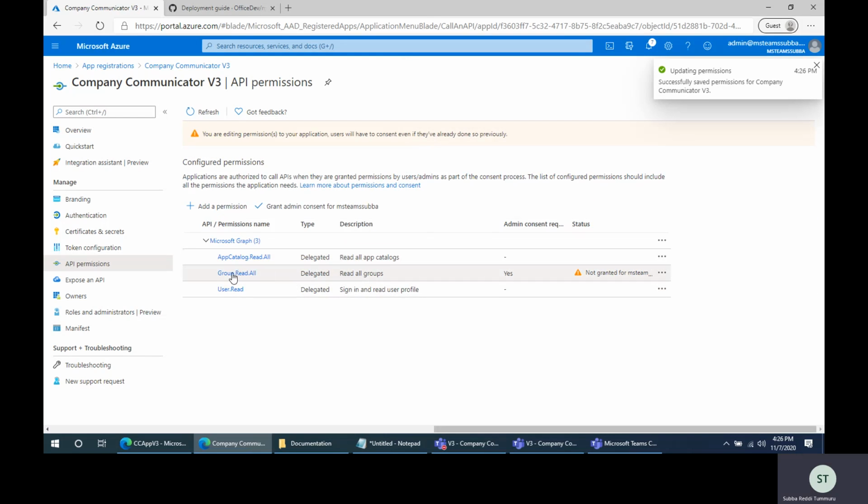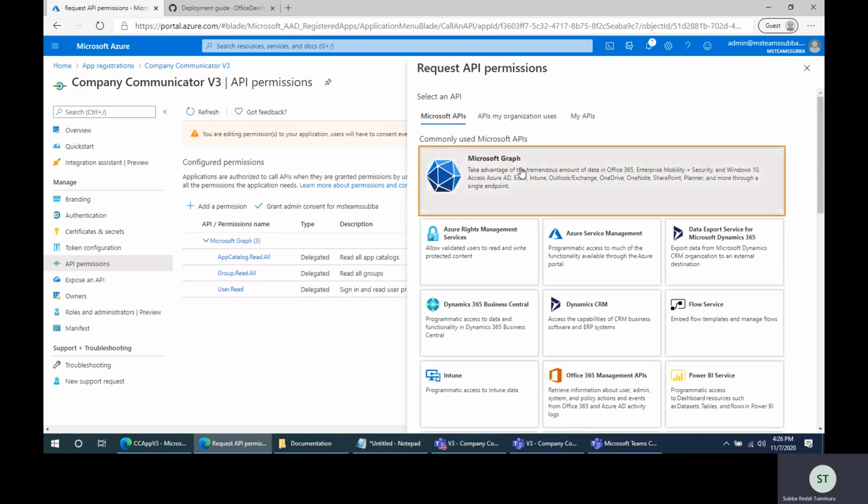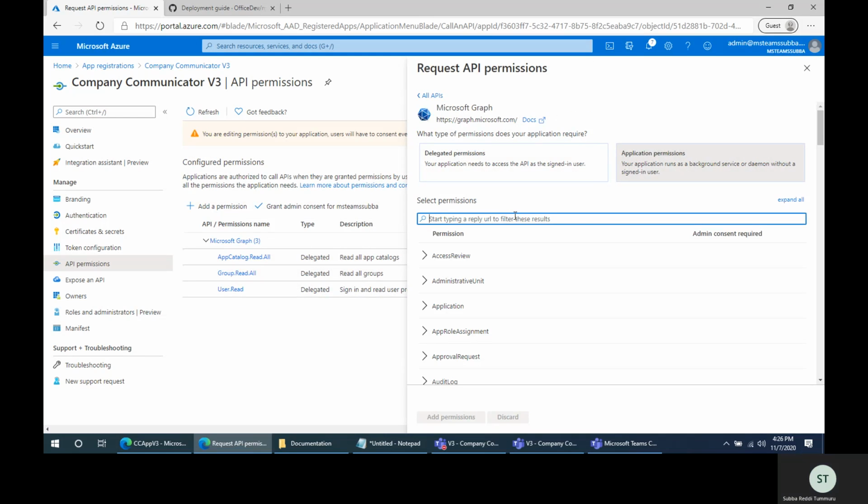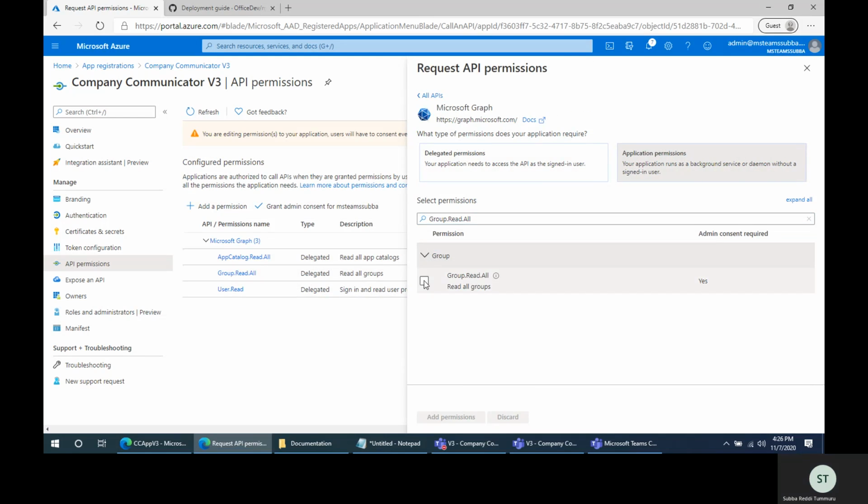So those app catalog read all delegated permissions are saved. Make sure you selected delegated for these two permissions. And again click on add permission, Microsoft Graph and application permissions. Group.read.all and search for user.read.all